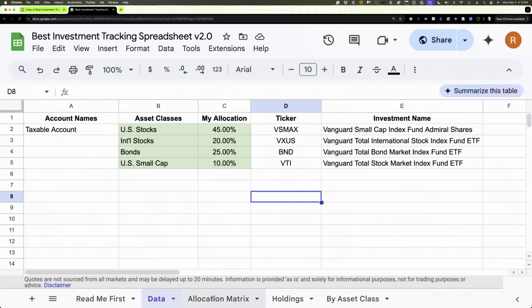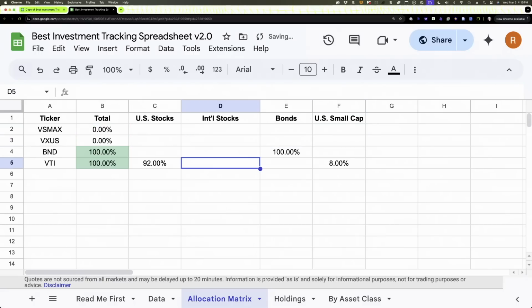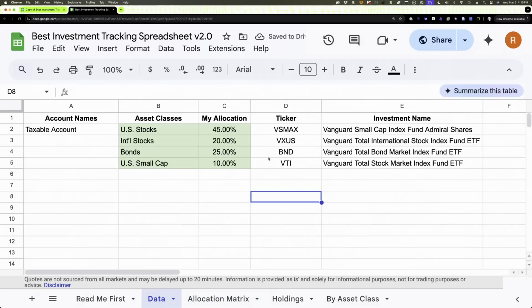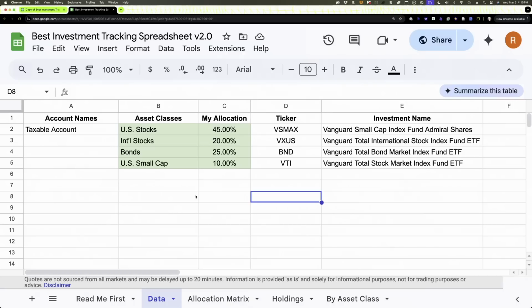And then we go to the allocation matrix, and I've got some of it filled out already. This is what it would look like. You wouldn't have any of these numbers, these percentages. I'll take them out for a second. What this sheet does, it takes the tickers that you entered here and automatically adds them here. So for example, if I added another ticker,